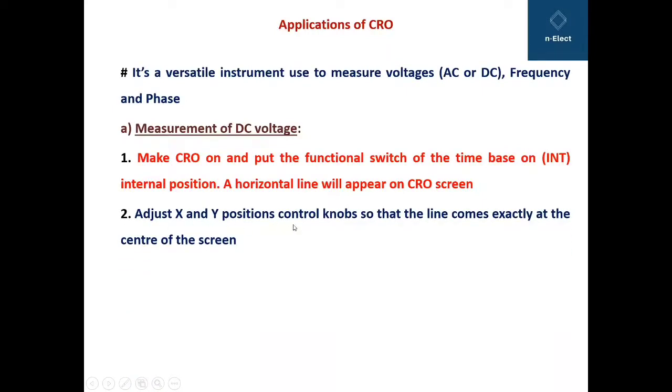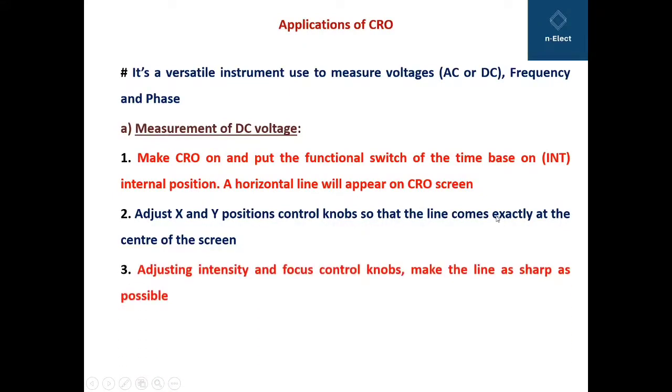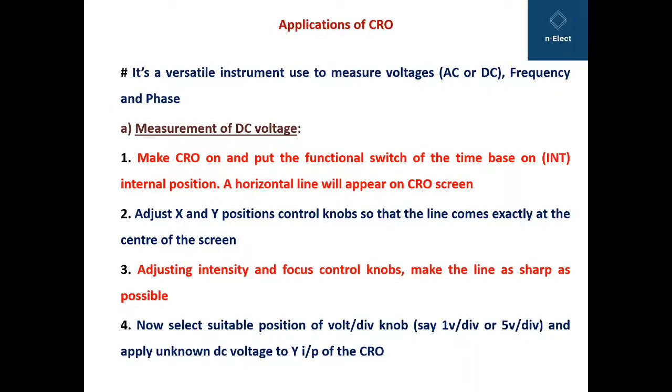Adjust X and Y position control knobs so that the line comes exactly at the center of the screen. Then by adjusting the intensity and focus control knobs, make the line as sharp as possible. Now select suitable position of volts per division knob, because we are going to measure DC voltage. It may be say 1 volts per division or 5 volts per division,